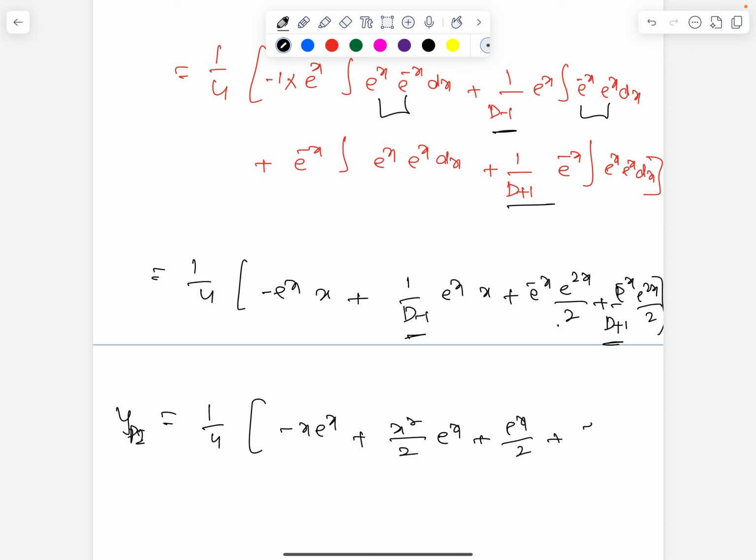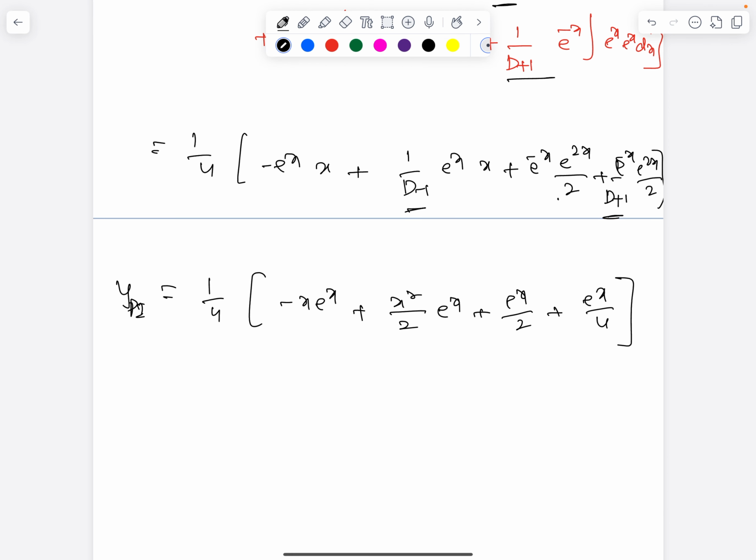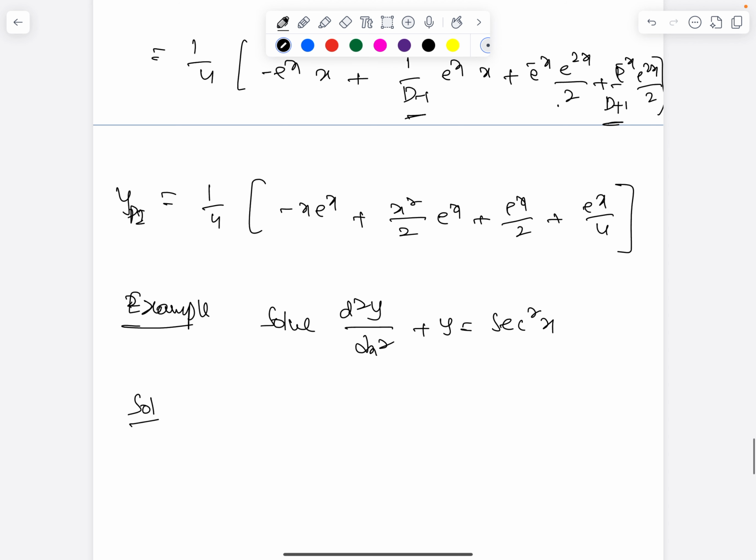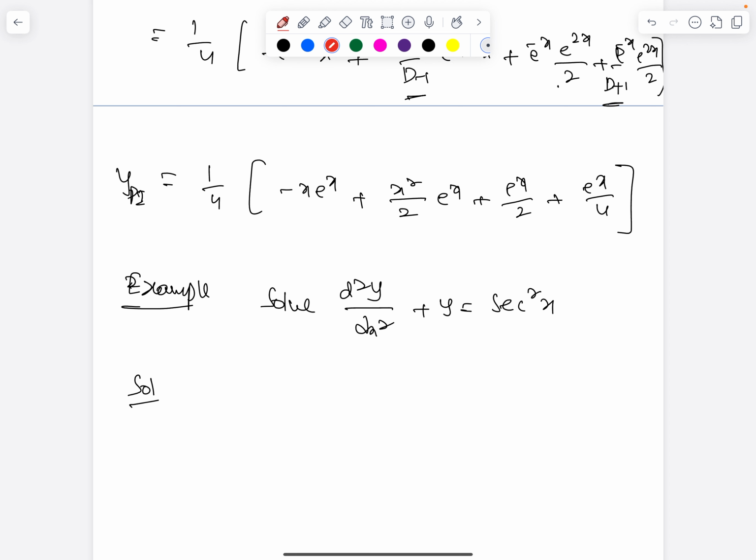That simplification leads to e power x by 4, e power x by 4. So this is your solution of yp, actually. You are finding the particular solution, but before you find it, this is a solved equation, therefore for yc you have to focus, that is